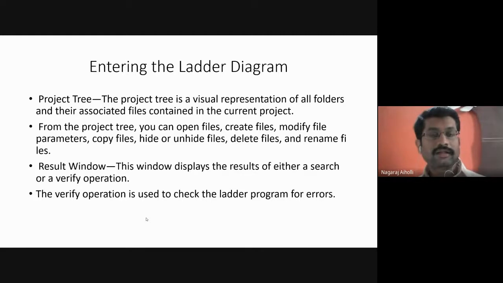Result window, this is for displaying the result. Finally, when you run the multiplication program, when I run in C language, then it shows the screen. It asks us to enter the inputs. We enter them. Then finally, when you run that, it shows the output on the screen. That is our result window or the output window.